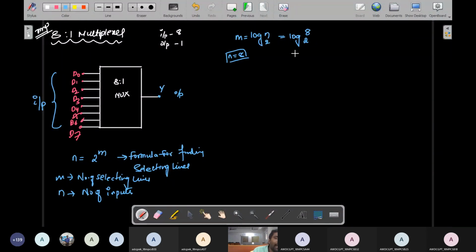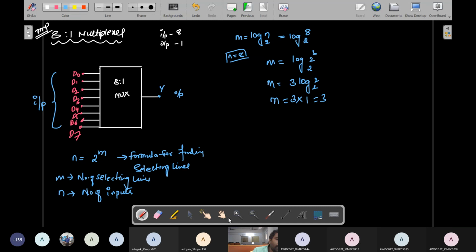So you will write 8 as 2 power 3. Okay. So 2 power 3 is 8: 2 ones are 2, 2 twos are 4, 4 twos are 8. So therefore m is equal to 3 times log 2 with base 2. This value is equal to 1. So therefore 3 into 1, so this is 3. Here we are using 8 inputs, which means we will give 3 selecting variables